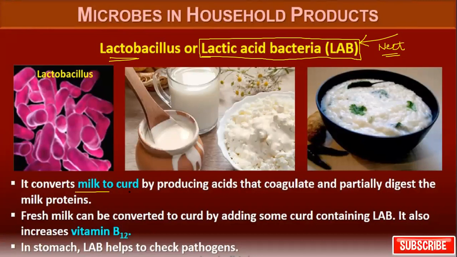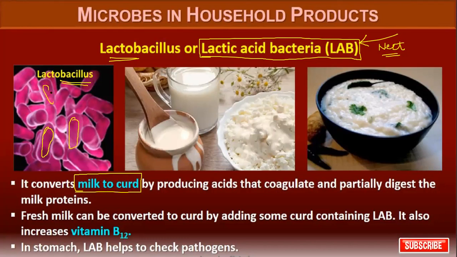It converts milk into curd. As the name suggests, bacillus, look at the shape. They are rod shaped bacteria, and they are concerned with lactic acid formation, so hence they are called Lactobacillus bacteria. It converts milk into curd by producing certain acids that help in the coagulation and partial digestion